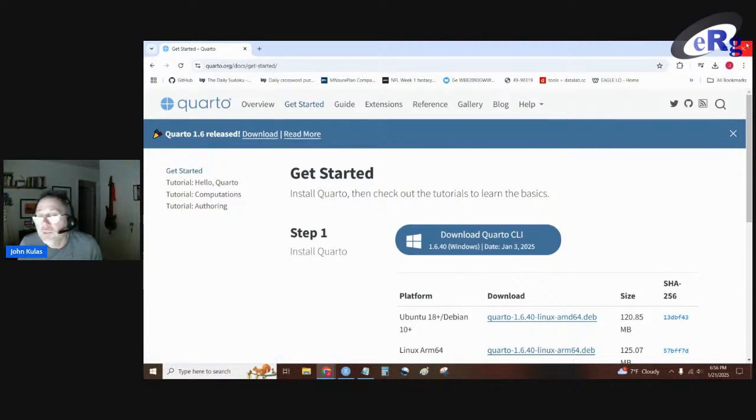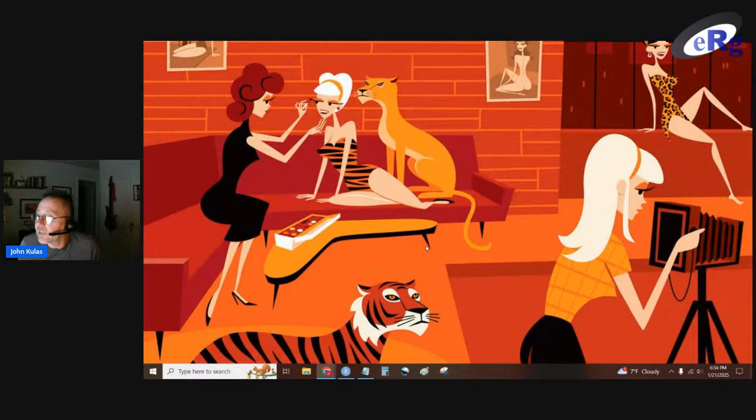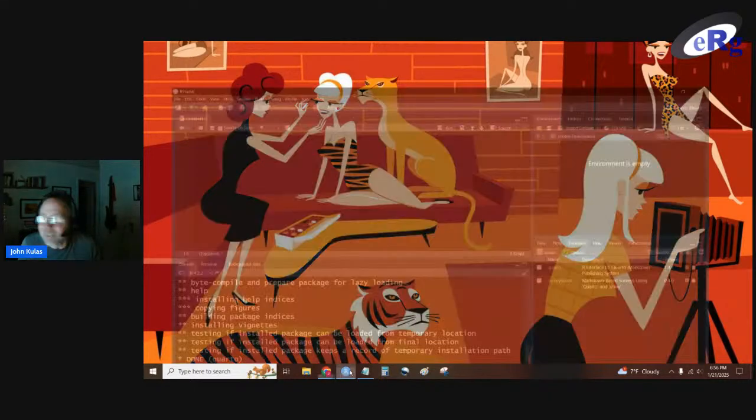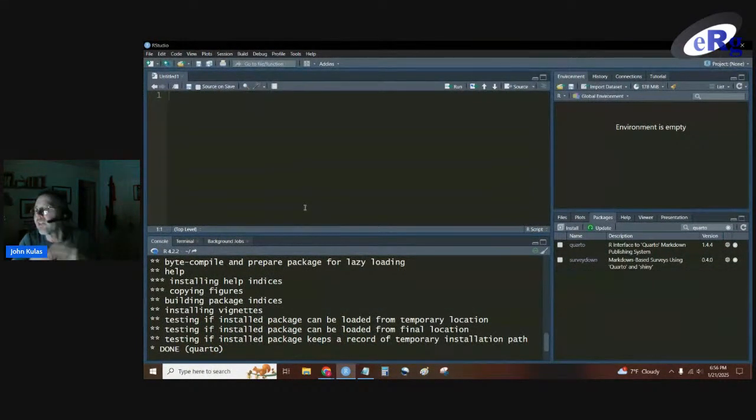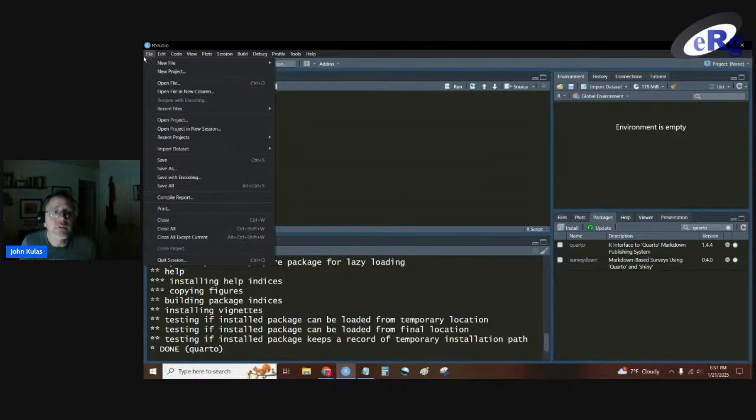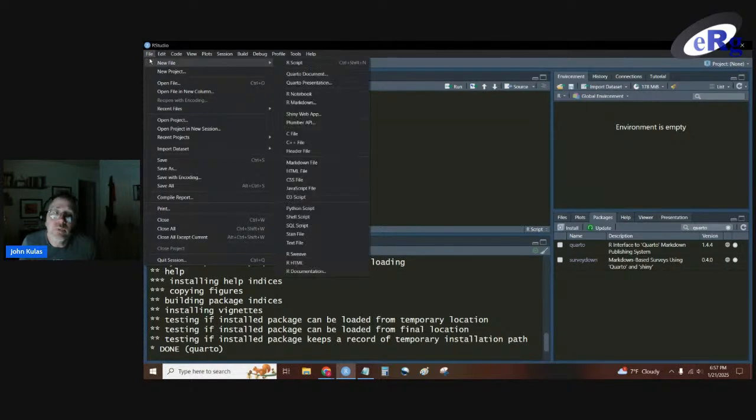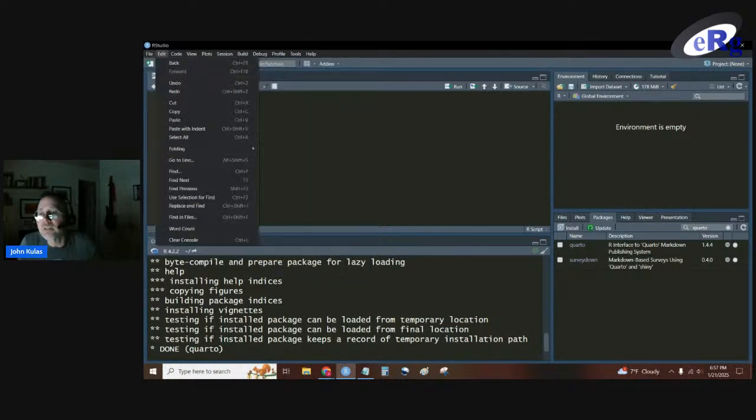Okay. So easy installation. You don't need to put it anywhere specific. You don't need to have a working directory that's linked to it. It just needs to be on your computer. RStudio, if you're in RStudio, will actually find it. If we want to create a Reveal.js presentation, now you might need to restart your RStudio.